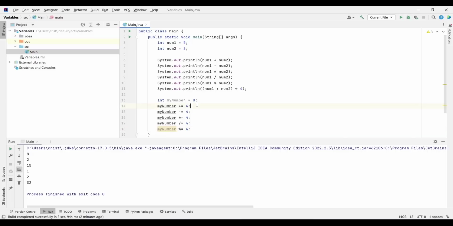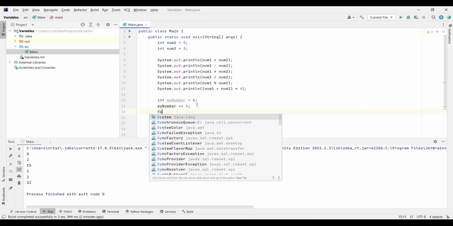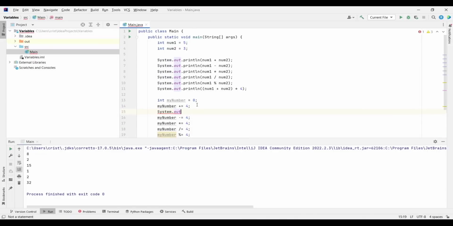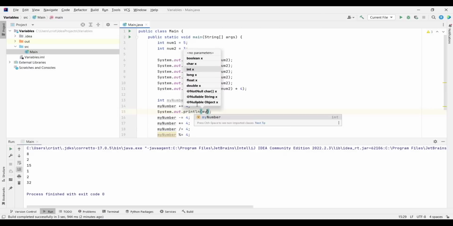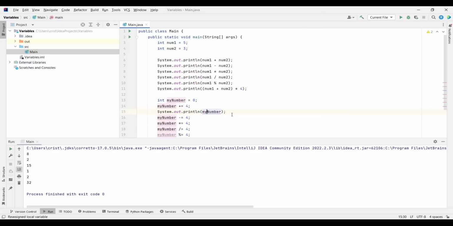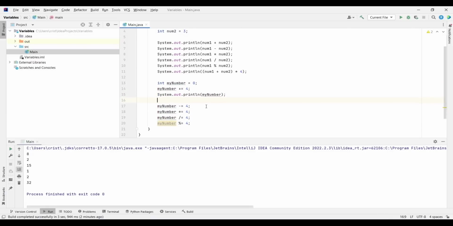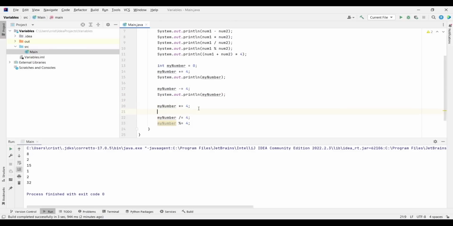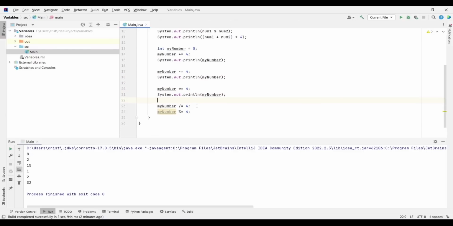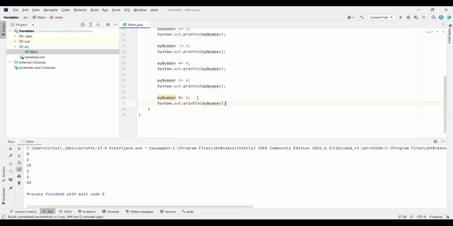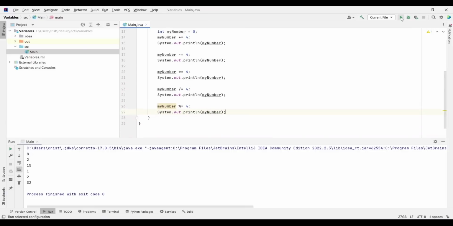And let's add a System.out.print between all of them to output the value in the console. System.out.print my number. And let's do the same thing for the next one. So I'm going to copy this line of code. Ctrl C. Let's put a space. Paste. A space. Paste. Again a space. Paste. Again a space. And paste. Alright. So now if you run this,